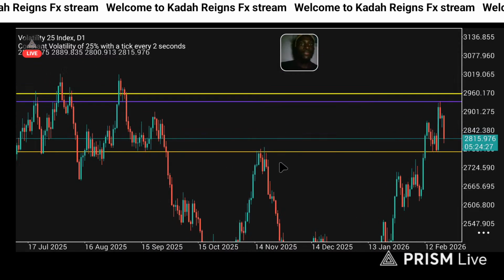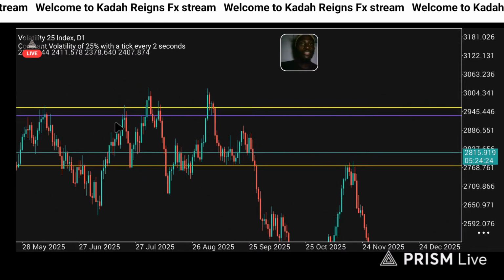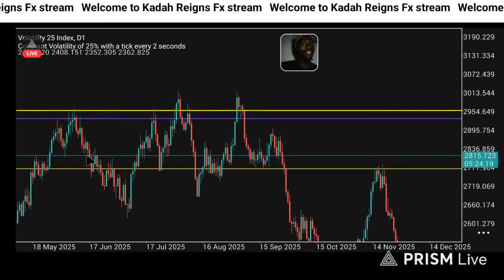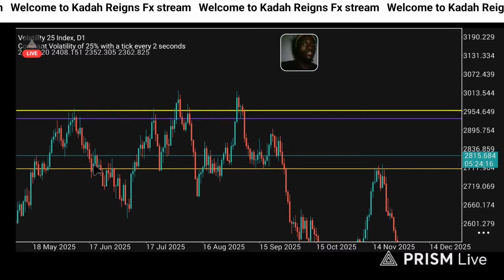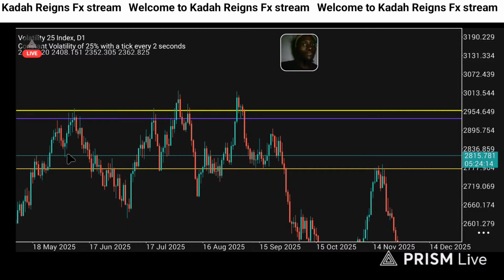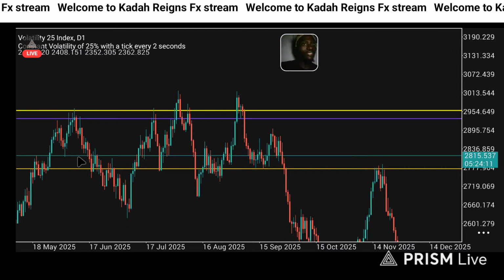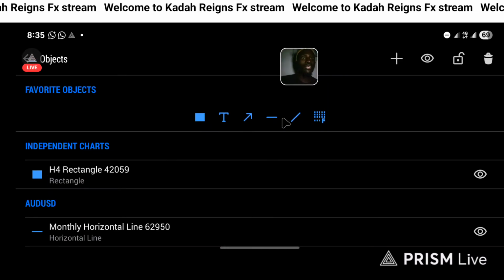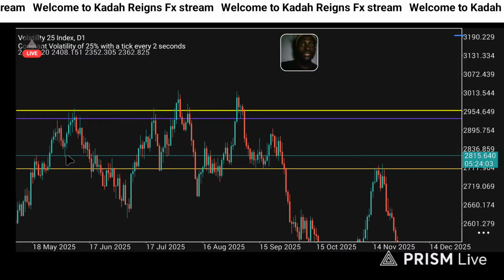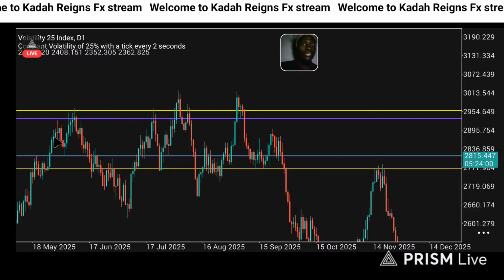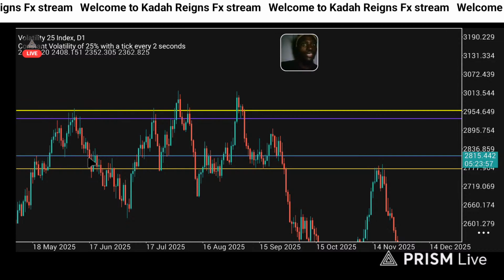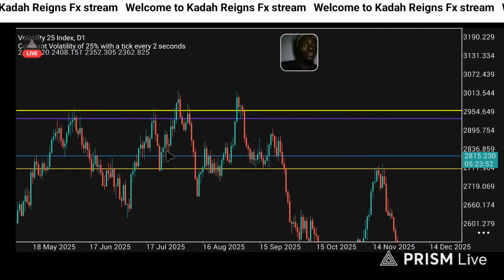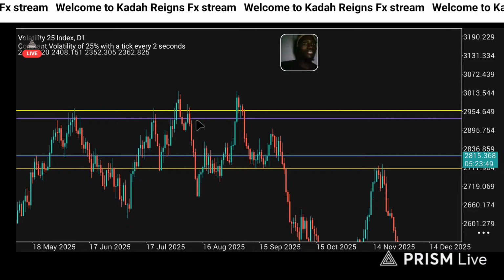Something like this. You see, every time price reaches these levels, you want to be checking in the past. It reversed down to these areas. Price reaches this one, it reverses down to these areas. Price reaches there, it reverses down to these areas. These are the major areas that price is in. I'm going to add another line so that you guys can see what I'm talking about. There. Price reaches there, it reverses to these areas. Look at here. Price reaches there, it reverses to these areas. Take a look at here. This is a major area.